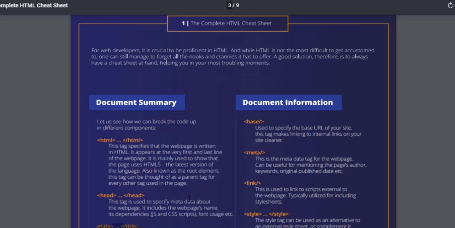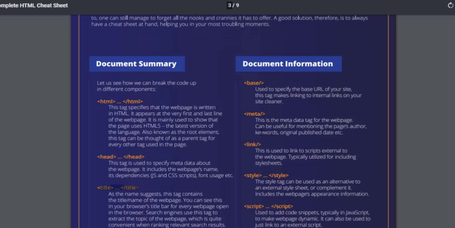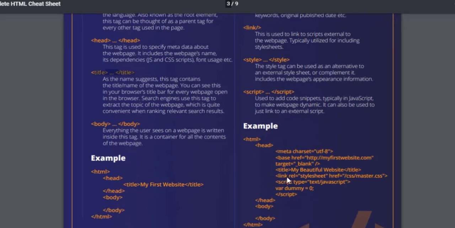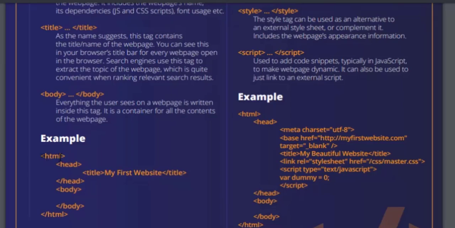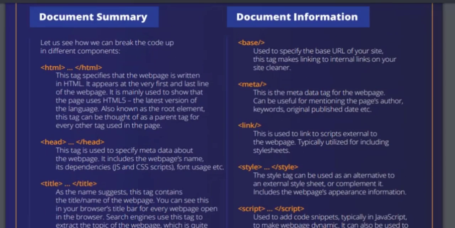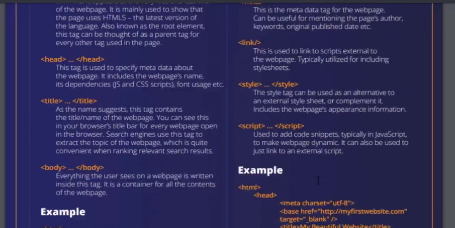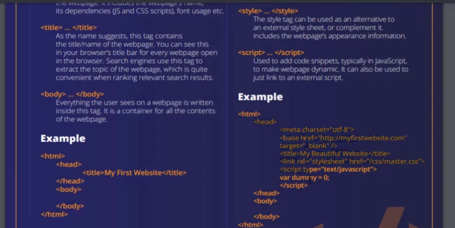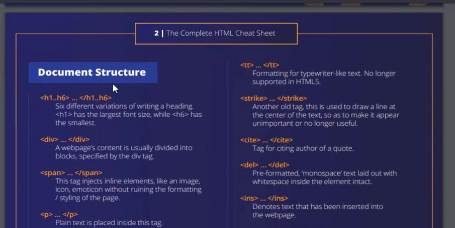Then we can see the example of each and everything, how we can use a simple HTML body tag, how we can implement simple document tag for defining some data under the head. I think we use script tag, correct? No, we use script tag, we use title tag. Okay, document structure, so you can use H1, H2, H3. These are the 6 different variations of your HTML heading we can use for presenting your headers with a standard font size. Okay, div is another element which we haven't discussed.